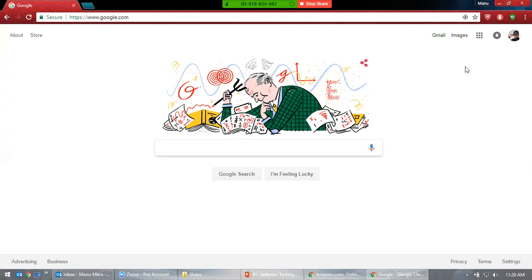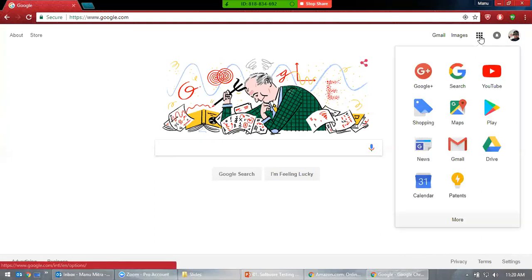Now let's say they have integrated them. Let's click on this Google Apps. If I click on this, you see all the products. Not one guy has done this. So many developers, so many people will be working on it and putting all this into one place. It can also be a third-party application. After integrating all these modules, let's say YouTube is a different world altogether, right? Once they have developed the application, you just need to integrate that particular module here, and whenever you click on this, it goes to that website.